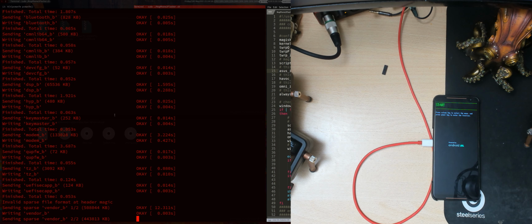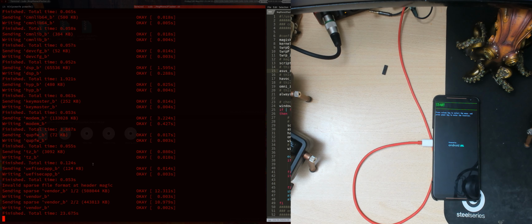So first of all, we're flashing the same images that are from stock, and then flashing the custom ROM images on top of that. So for example, instead of flashing the stock system image, we're gonna flash the custom ROM system image instead. That way it's a little bit faster than flashing every single image twice and then overwriting it with the